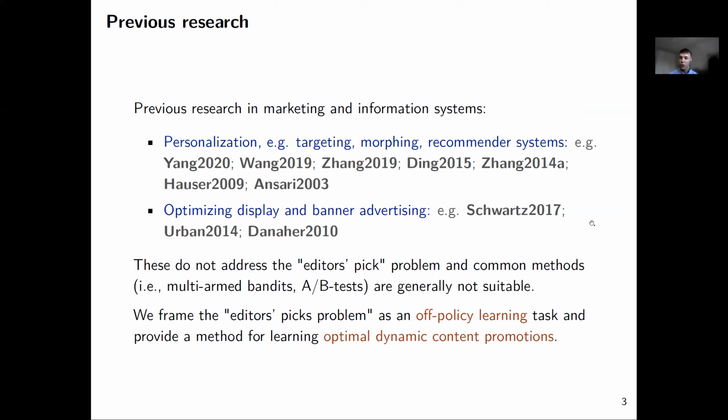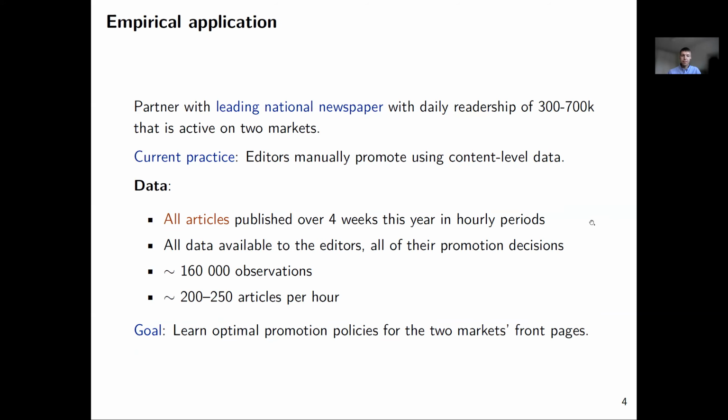And that is generally not suitable for the editor's picks problem, because a newspaper, for instance, would generally not want to randomize which content to tweet about. So what we do is that we frame this problem as an off-policy learning task, or batch reinforcement learning task, if you will, and then provide a method for learning optimal dynamic content promotions.